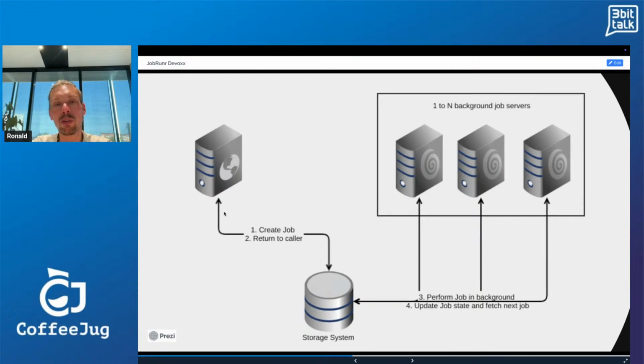So what we do is we save the jobs. And then there are 1 to n different servers that can check, hey, is there any new work to do? And if so, they will pick it up and start processing it. And whether it succeeds or fails, in the end, they save the job state and then they immediately take the next job. And this allows us to scale horizontally. And we have a customer who has, I think, 40 different background job servers that are all processing millions of jobs per day. So that's a little bit the architecture.